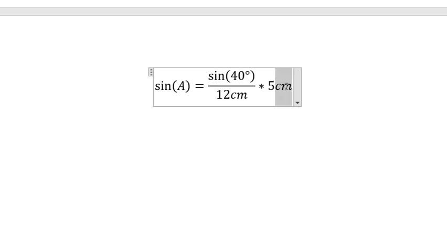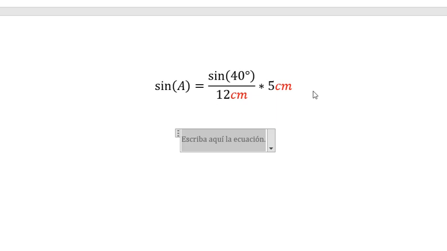In this case, the centimeters can be divided, so we can get rid of them. These centimeters cancel with these centimeters, and we can do this operation. So we get that sine of A equals sine of 40 divided into 12 times 5, that's equal to approximately